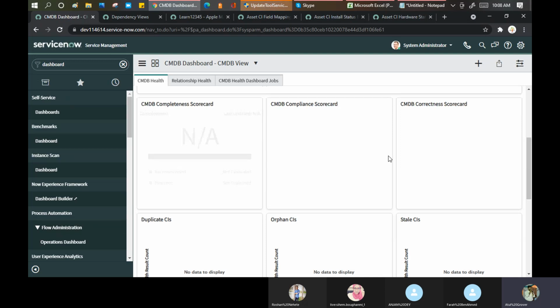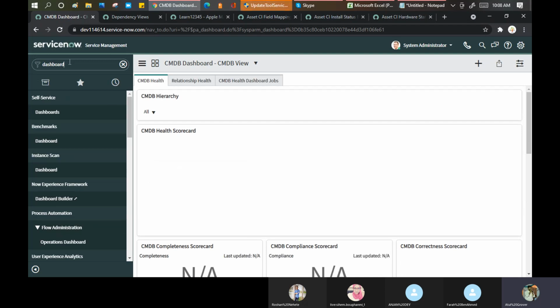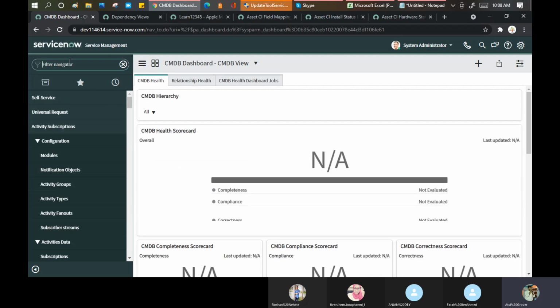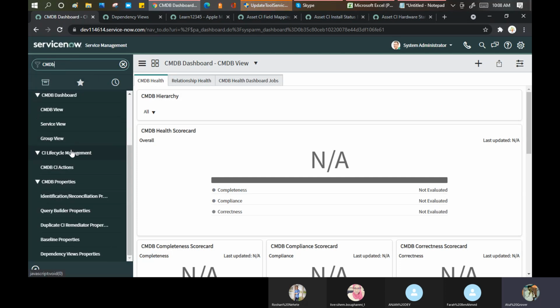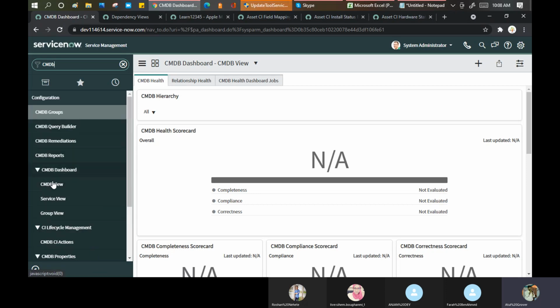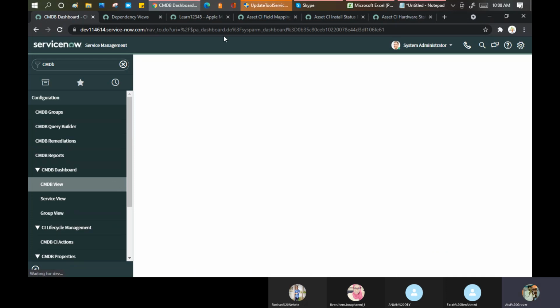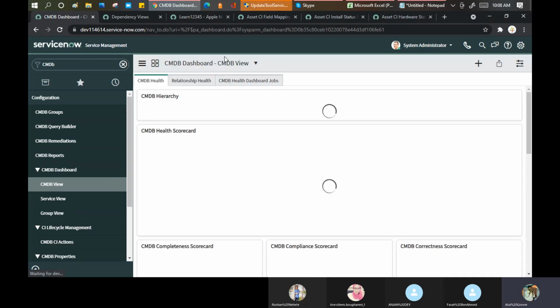Okay. Or I can go here, CMDB. You can use these things as well. You can do query building or actions as well, but preferably go for the CMDB dashboard, CMDB view. Which one did we just open? CMDB view. This one.